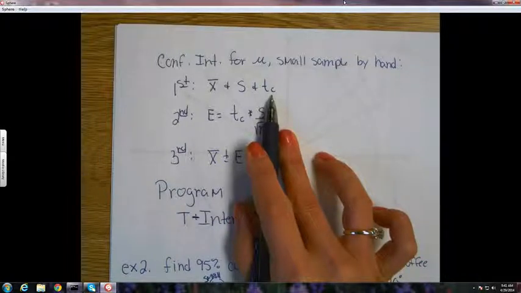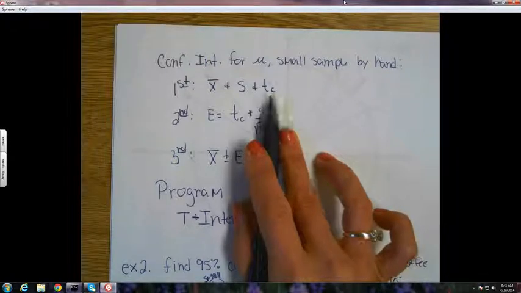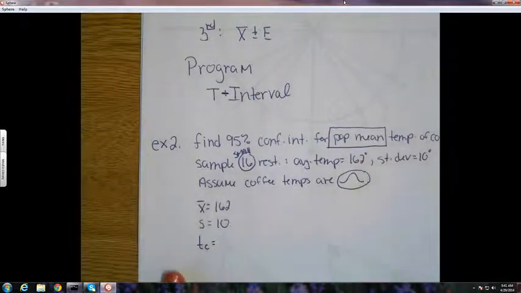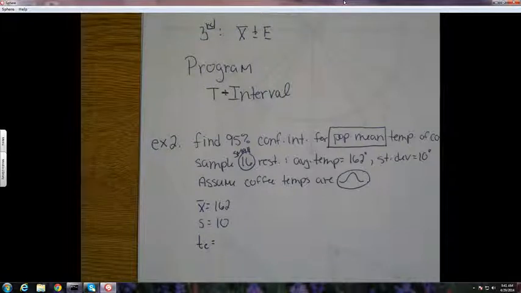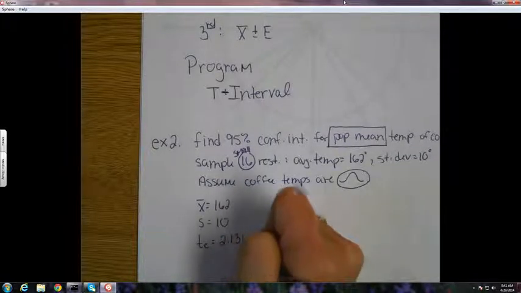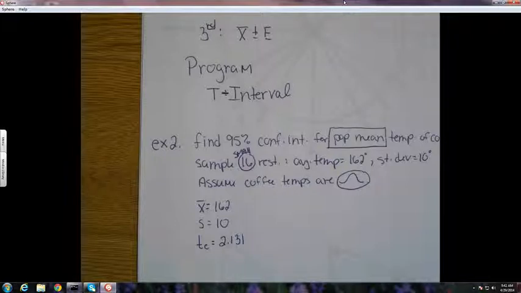So, use the table, see if you can figure this out on your own. Use your calculator if you've got that. Find the critical T-score. What is the DF? You look it up, I'll look it up. We'll compare our answers. I got 2.131. Is DF N minus 1? Yes, it's N minus 1.